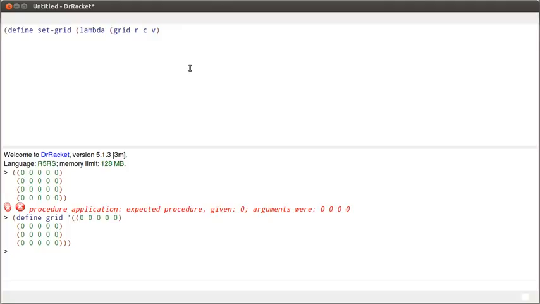So on the set, this function is going to run through the grid and find the correct row. So it's basically going to look and say, is this the row I want to change? Is this the row I want to change? And so I'm going to say, well, if row equals 0. So if we get to the point where our row variable is equal to 0,